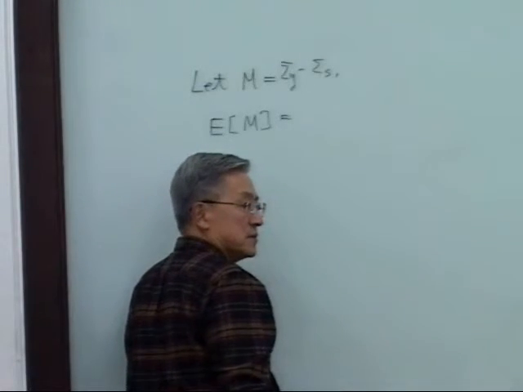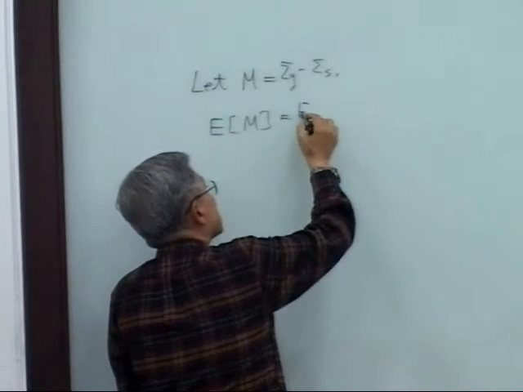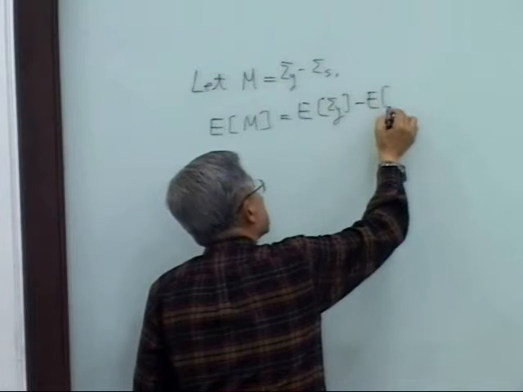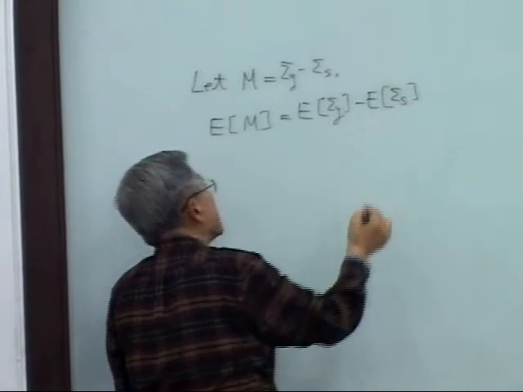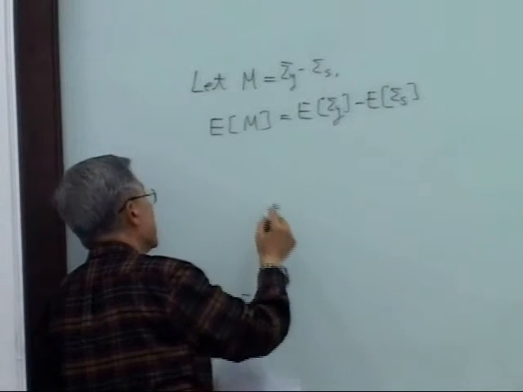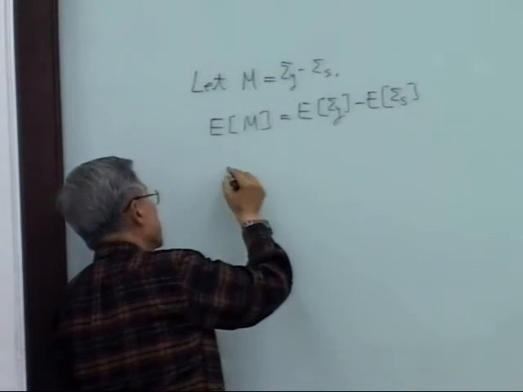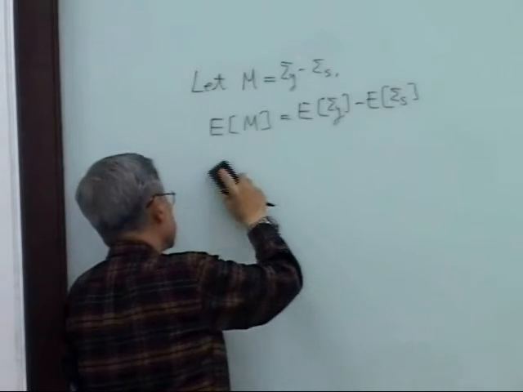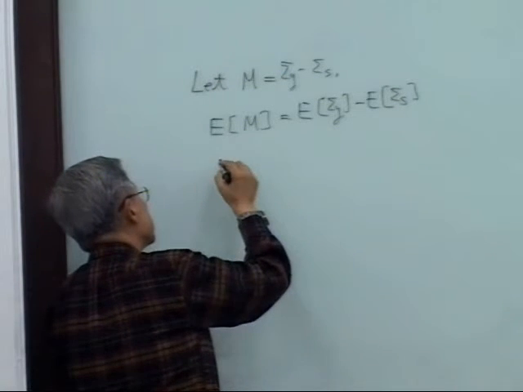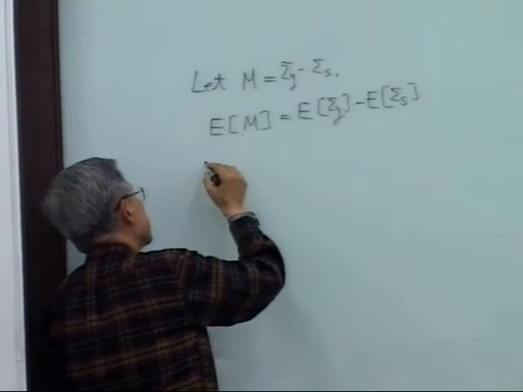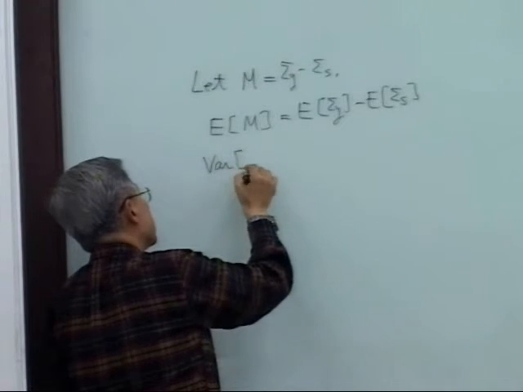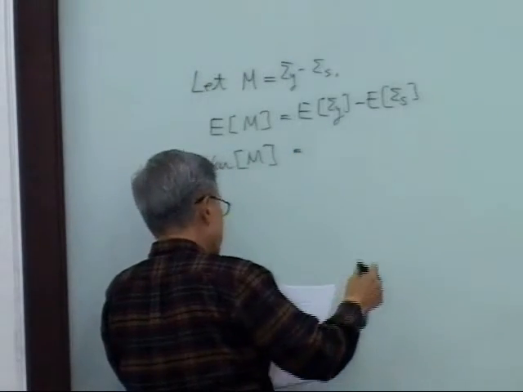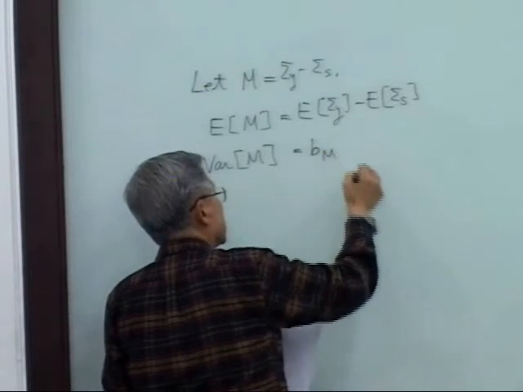Expected value of the safety margin, which is equal to the expected value of R minus the expected value of S. What about the variance? Or in terms of standard deviation or the variance. So variance, you can say V_M, and I'm going to say this is V_M, the variance,